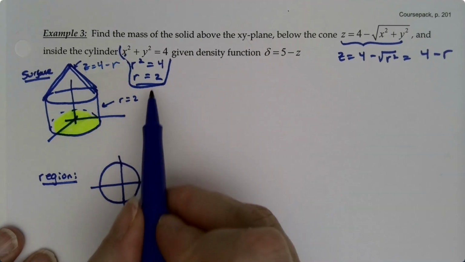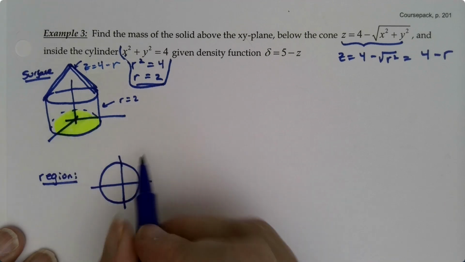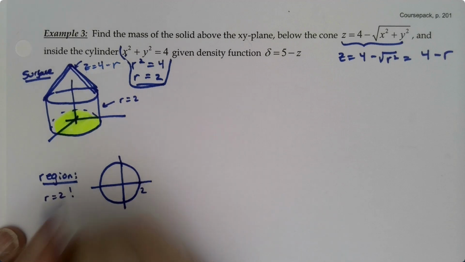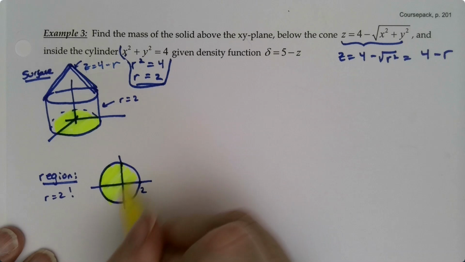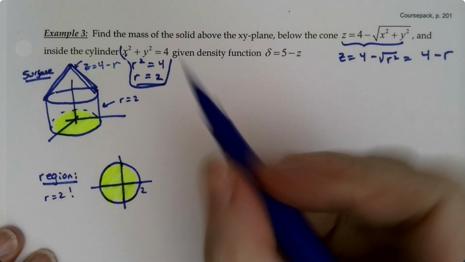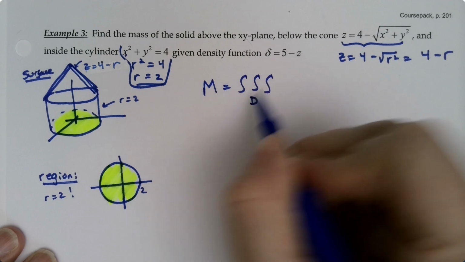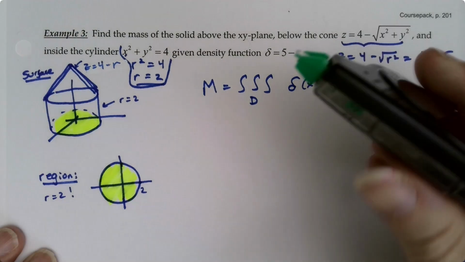Well, it's not much of a question because r is equal to 2, right? That's a cylinder. So we know this is r equals 2. Okay, so great. So our region of integration, no problem. Okay, so let's establish. Mass is the triple integral over the solid of the density function of